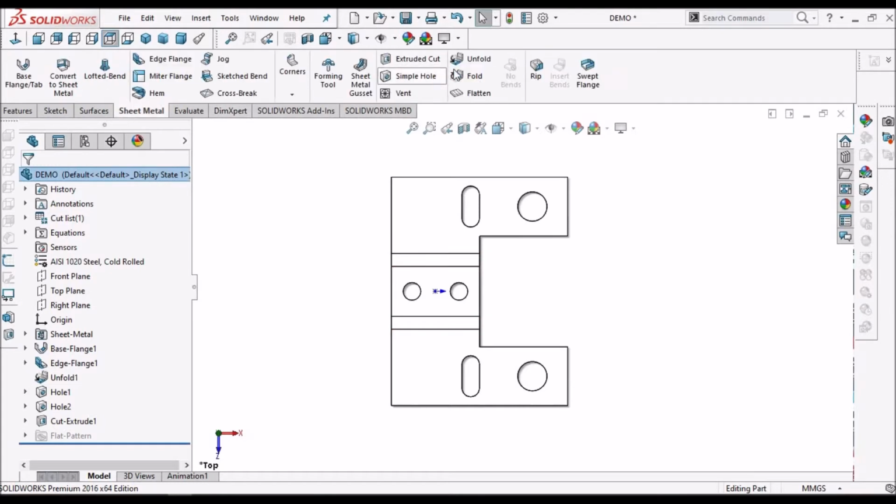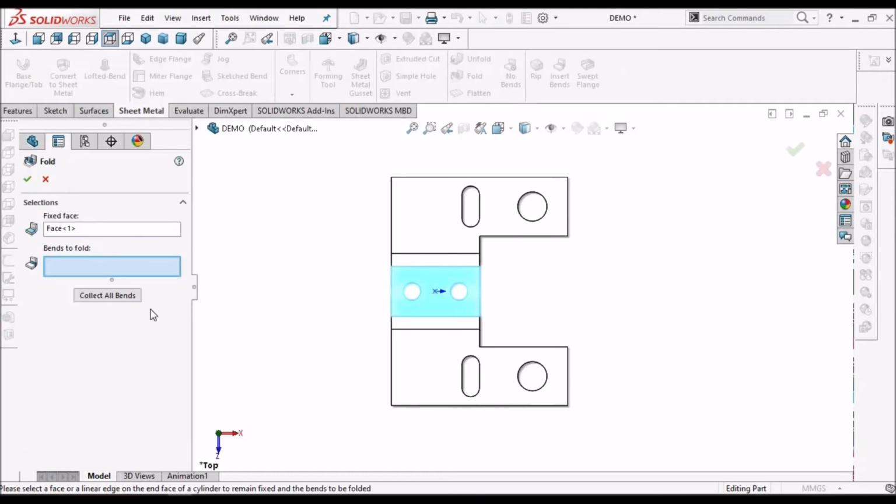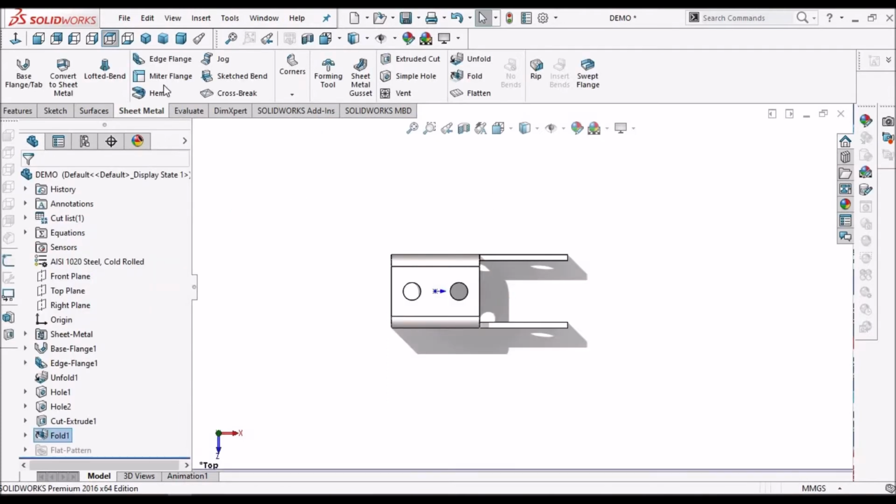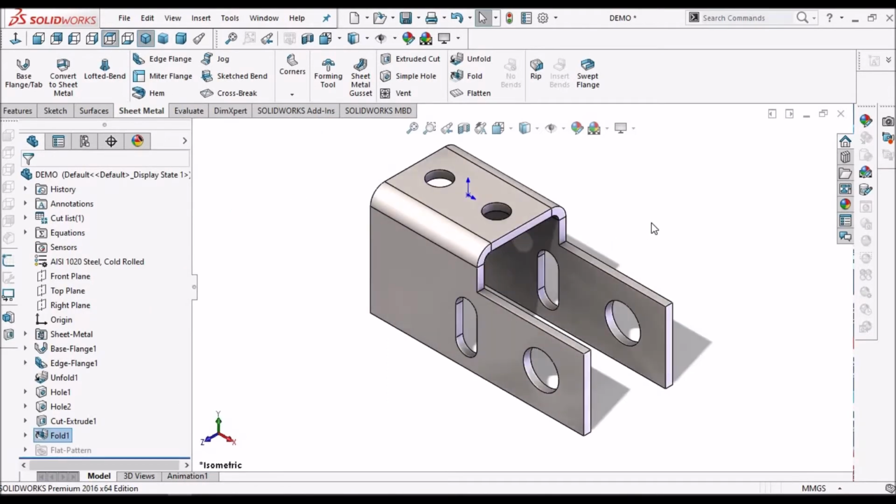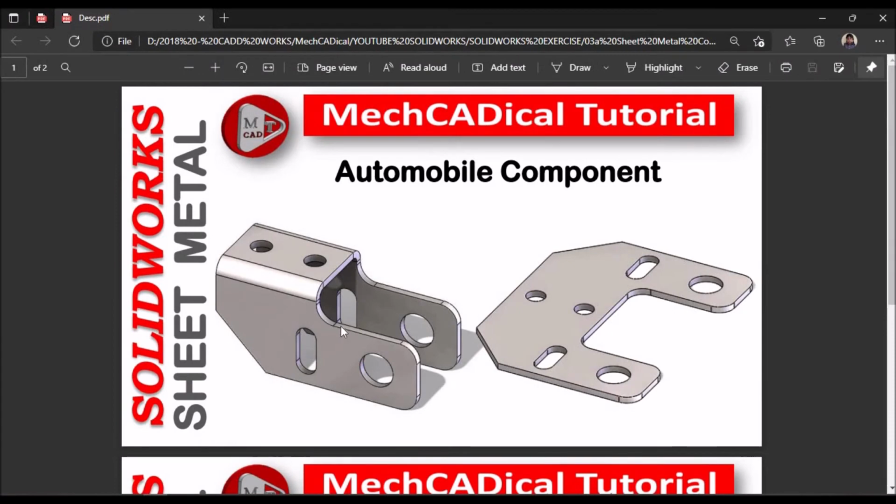Now we have to go for fold. Collect bends. Say OK. Now we have to add fillets and chamfer.